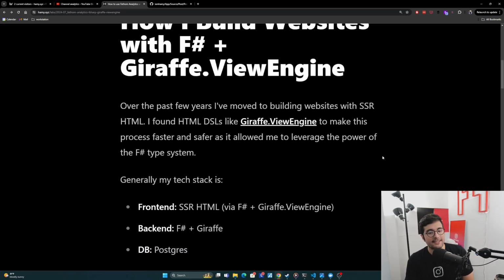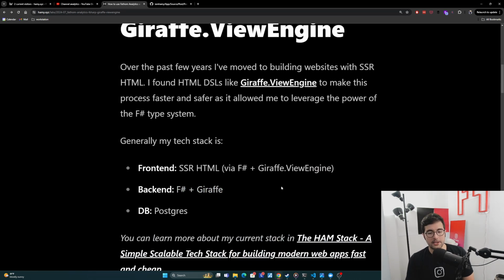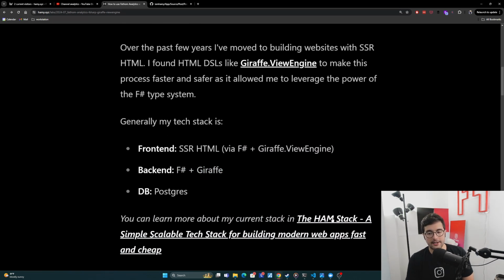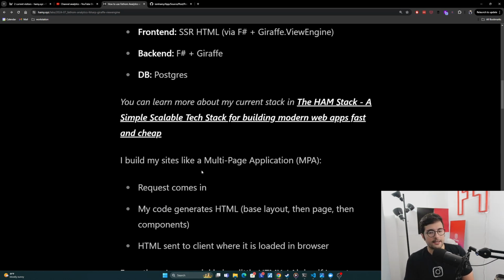Now, generally my tech stack for this is, on the front end, server-side rendered HTML, and I'm using F# and Giraffe.ViewEngine to actually build that representation. On the back end, I'm just using F# and Giraffe, and for the database, I often use Postgres. You can learn more about my current tech stack here, the ham stack, and the philosophy around it. But the important part here is that the paradigm I've chosen to build with